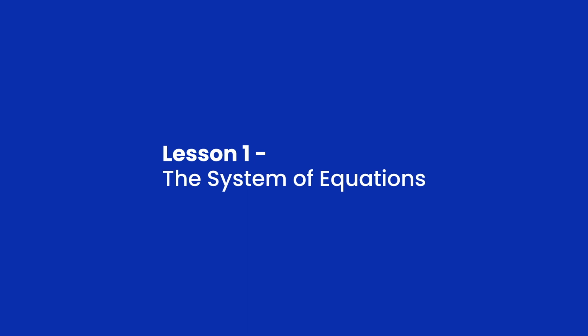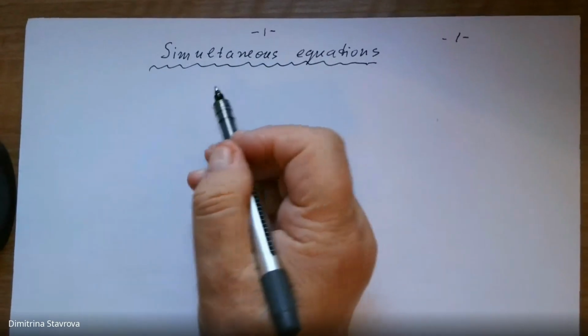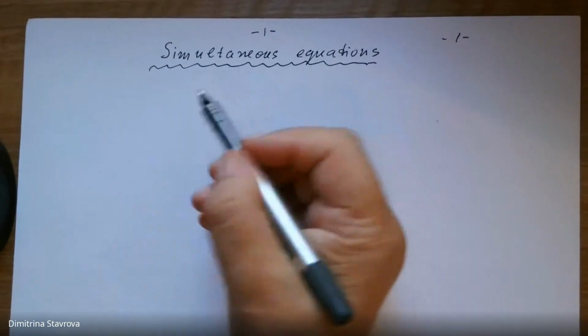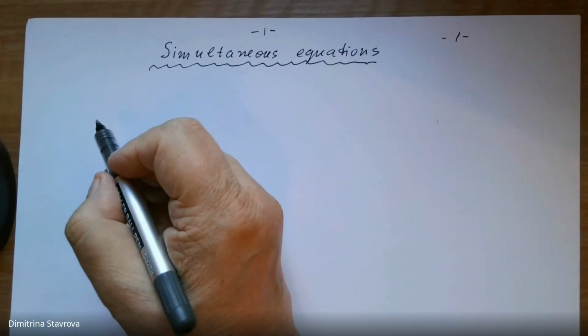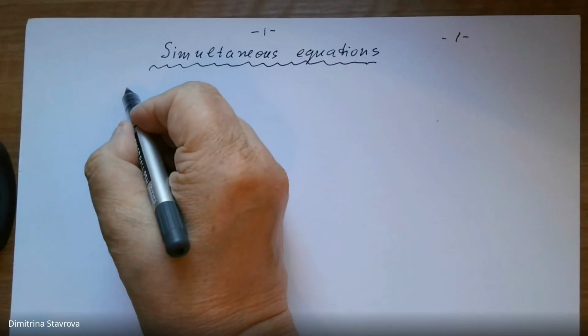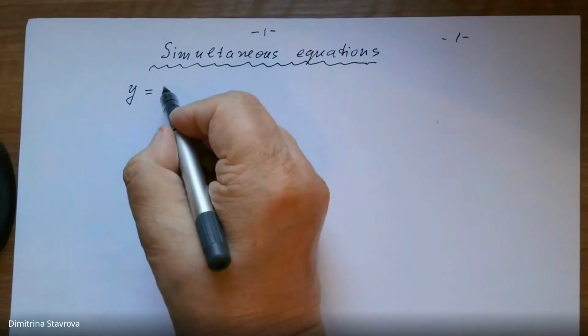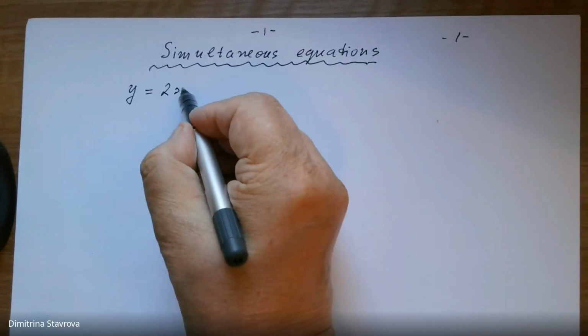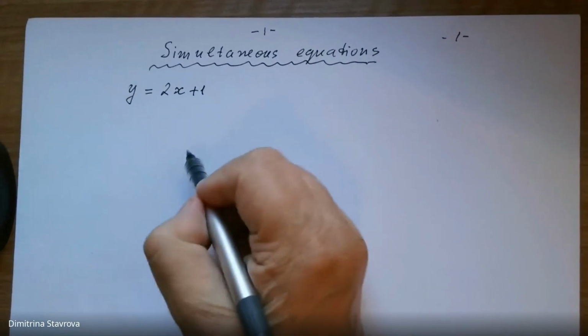Other simultaneous equations we do know how to solve. Up till now, we have learned how to solve equations of one variable. So it's of the type, for example, let's say y equals 2x plus 1. And from here,